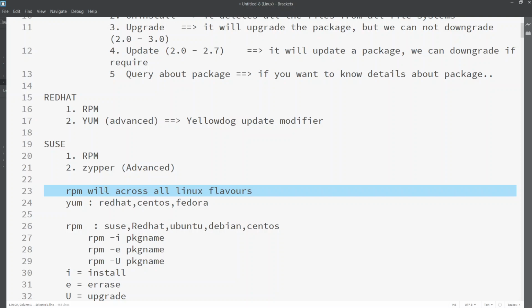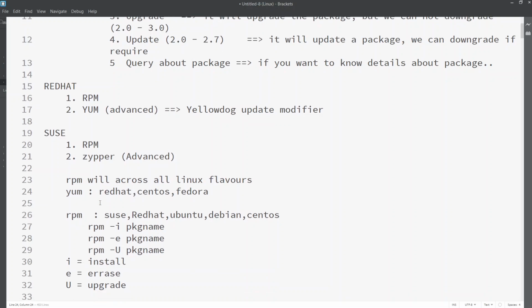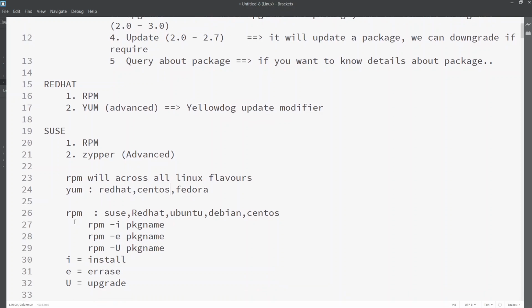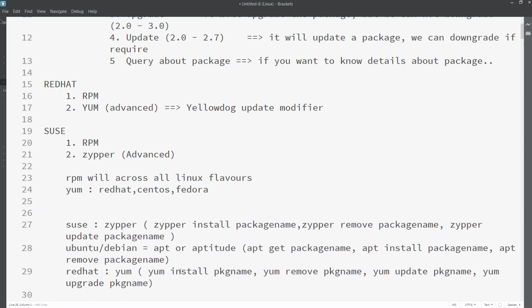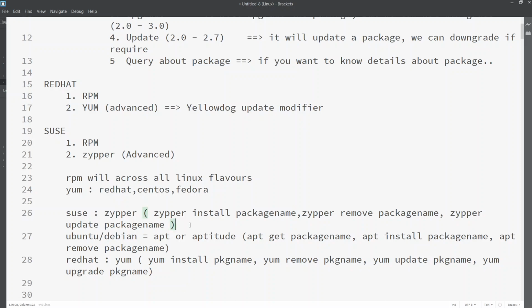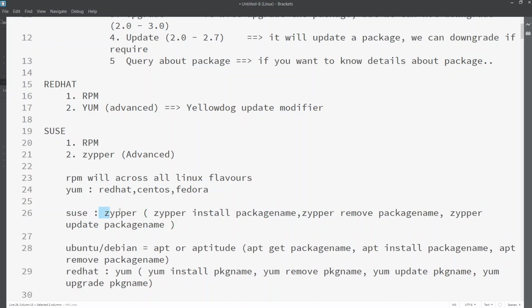Everywhere we can use these RPM packages. How to install and uninstall with RPM, I'll discuss a bit later. In SUSE, Zypper is the command.